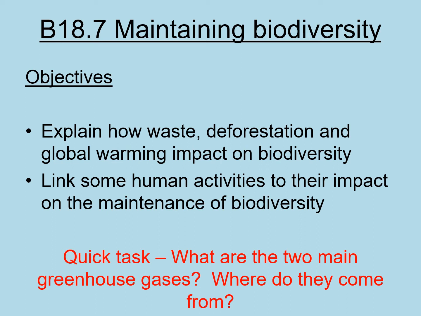Hello everyone, today we're looking at B18.7 maintaining biodiversity. So by the end of this lesson you need to be able to explain how waste, deforestation and global warming impact on biodiversity, and you need to be able to link some human activities to their impact on the maintenance of biodiversity. Your quick task is to think about what are the two main greenhouse gases and where they come